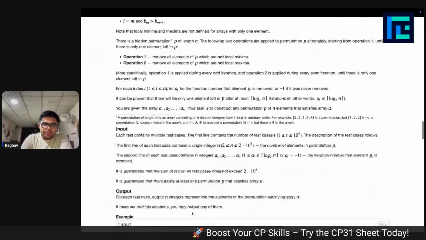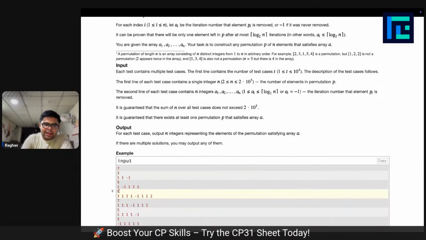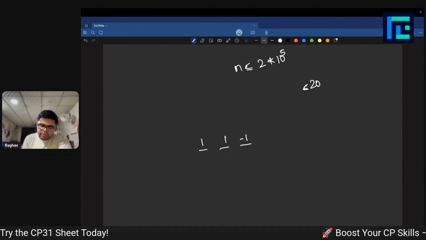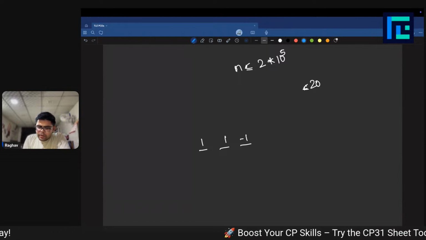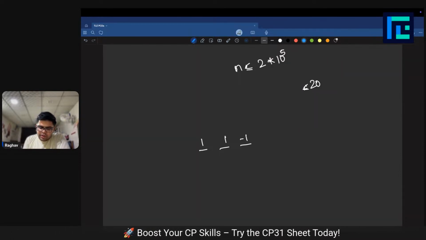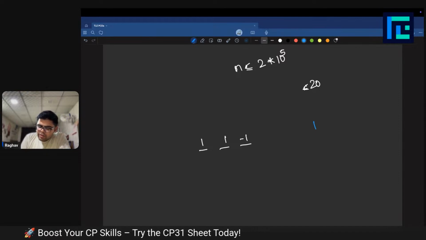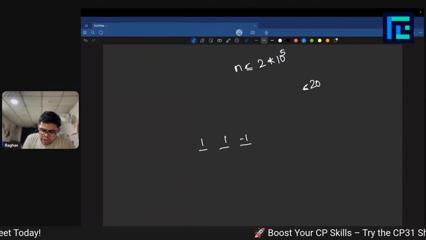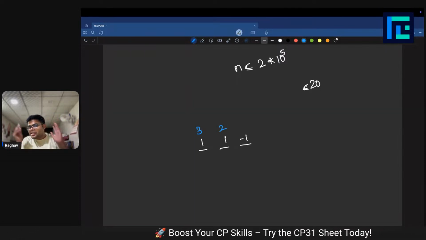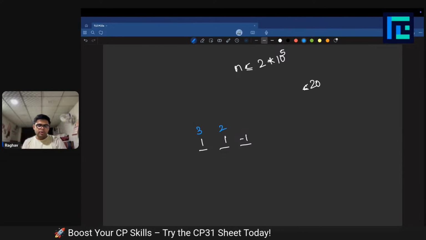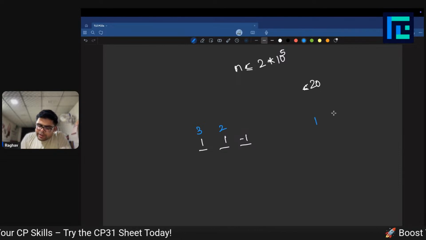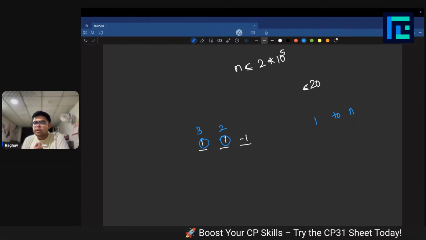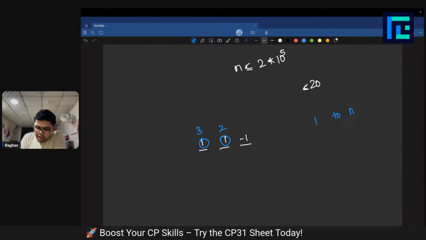And my idea here was, let's say you have an array like 1 1 minus 1. You have to find a permutation for which the elements would be removed in these iterations. So in the first iteration, everyone except the local minima would be removed. So my idea was, hey, I can just make sure that these people are the largest people that I can put in the permutation, right? I have to put the elements from 1 to n in this array. So my idea was, for all the elements that have to be removed in the same iteration, I will just pick up the